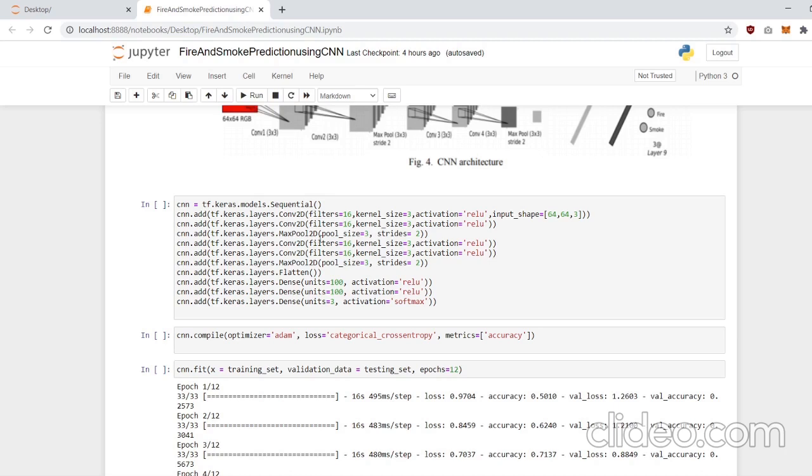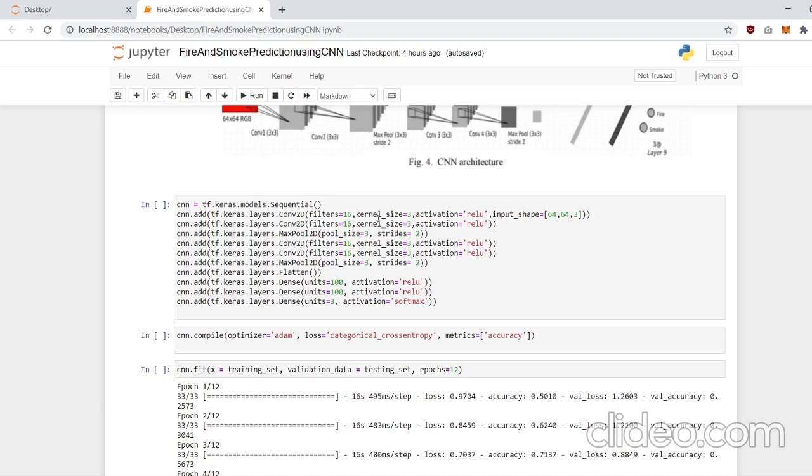The first one being the filter parameter. The filter parameter detects spatial patterns such as edges in an image by detecting the changes in intensity values of the image. The kernel size basically specifies the width and height, the dimensions of the filter mask that's supposed to be used. And the activation function determines the output which is supposed to be passed to the next layer.